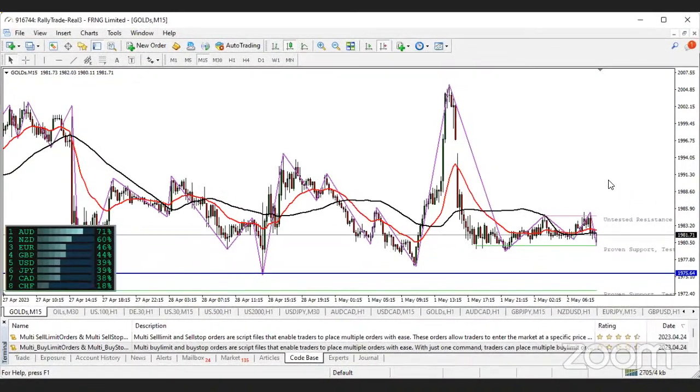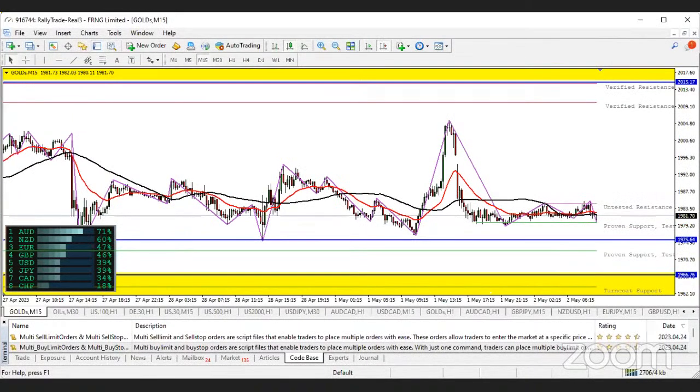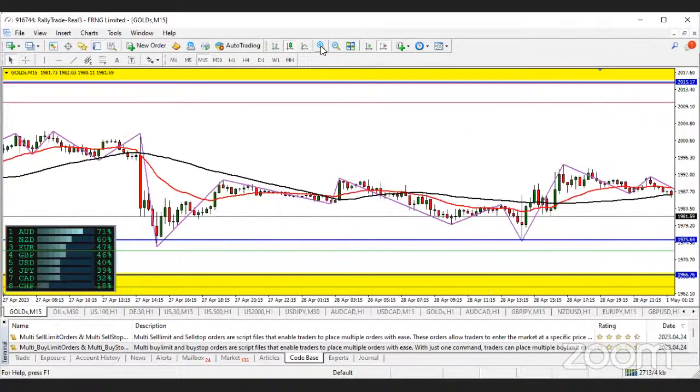If you are not familiar with these terms I'm using, then you really need to come for most of these our classes. I'm telling you the truth. You need to attend some of these our classes. It will really help you. I really want you to see the opportunities in this market. So let me try to zoom a little.